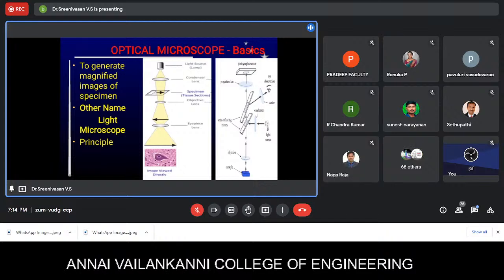So on that eyepiece lens, it is falling, where it is further magnified up to 10 times, and by using our open eye we can view the magnified image of the specimen. By using a photographic sensor also we can make the photograph of our magnified image. So for that category we are using